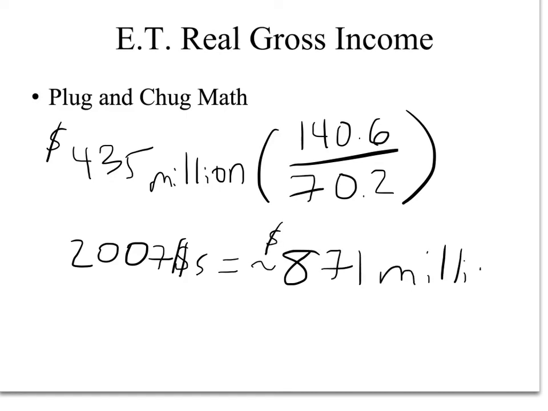And we can use this as a comparison to see the other top grossing films of all time in real dollar amounts as opposed to the nominal terms. So E.T.'s real gross income is $871 million, while its nominal value is $435 million. Making these numbers into real terms can help us compare what is actually the most successful movie of all time in real terms,